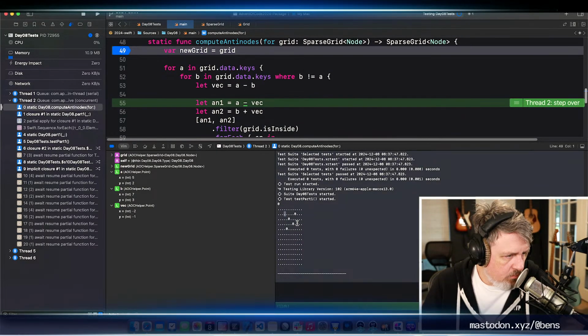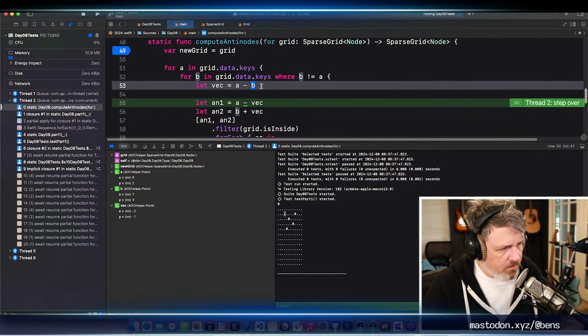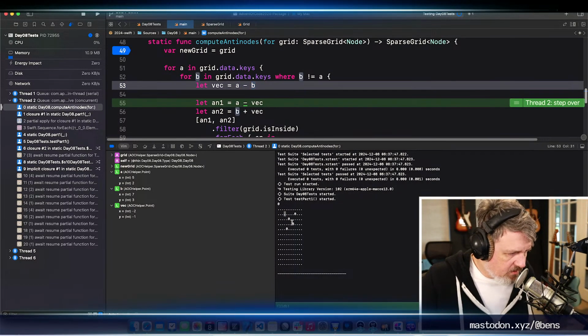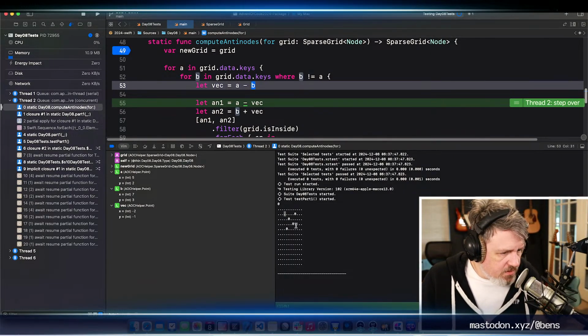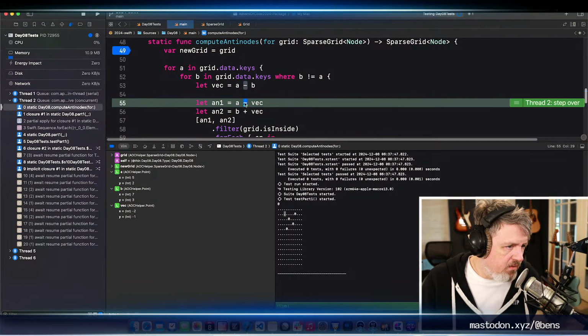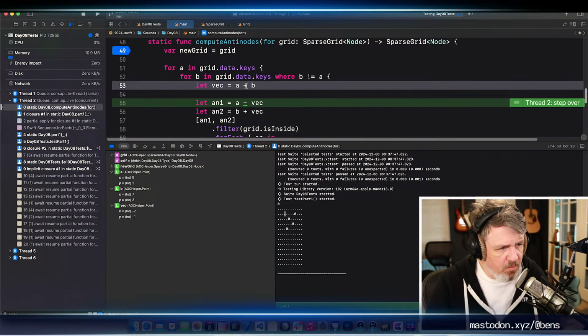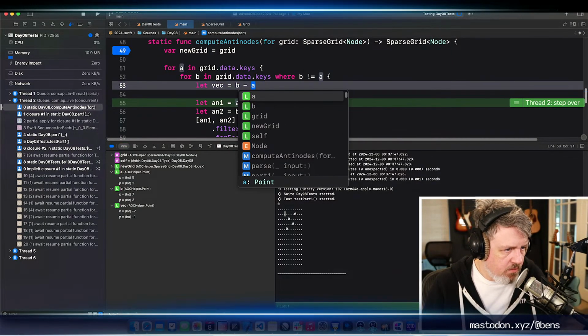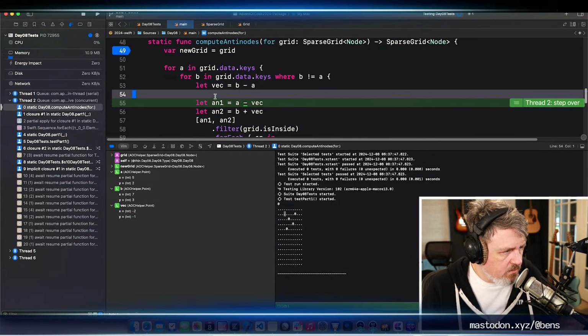I think I need to do B minus A for that to work, but maybe it doesn't matter. Yeah, I think I need to do B minus A because this one is giving us -2, -1. So if I do that, I would have to do plus and minus here. But if I just do B minus A, then those two calculations should be correct.